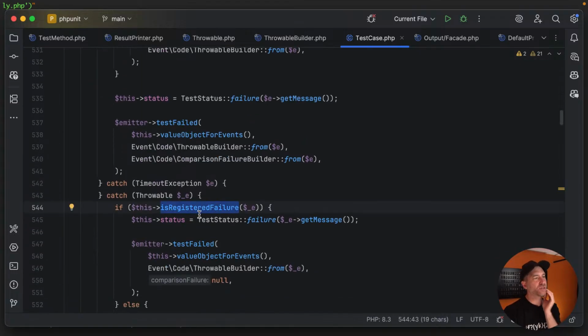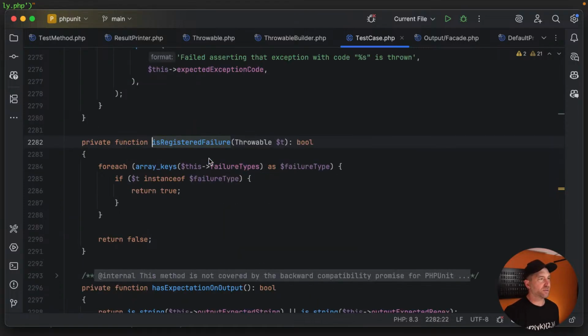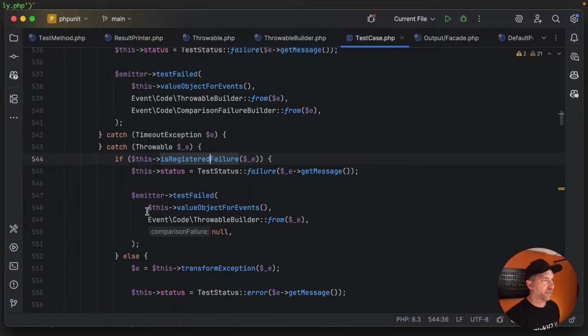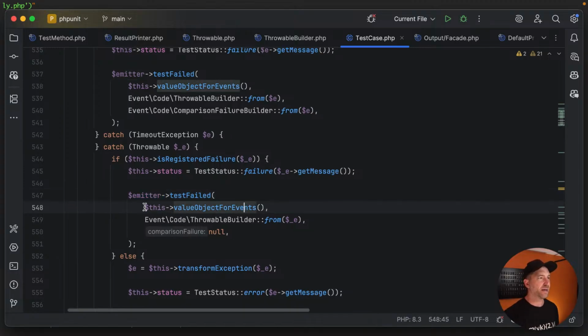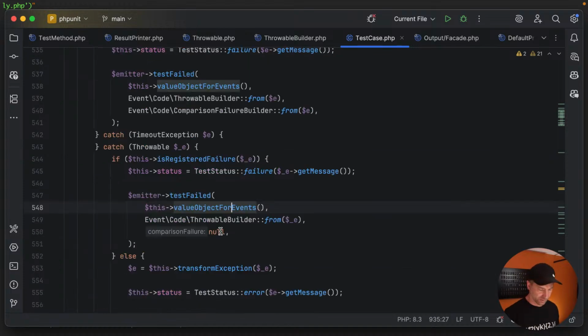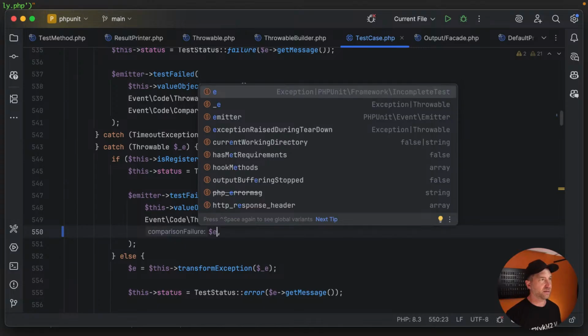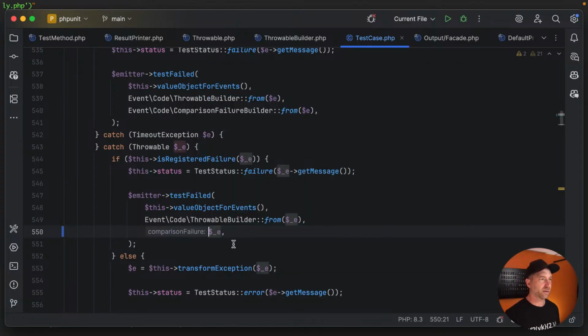Yeah, this is registered failure. What is this? Does this have an opportunity to get? I kind of thought they emitted events, right? They emit test failed, but nothing in here gets the raw exception, right? I would want to see E here. If something got E there, then I could do something. But nothing does. It only ever gets